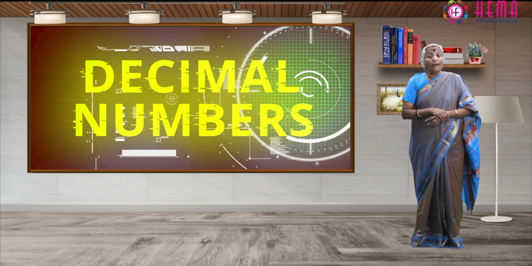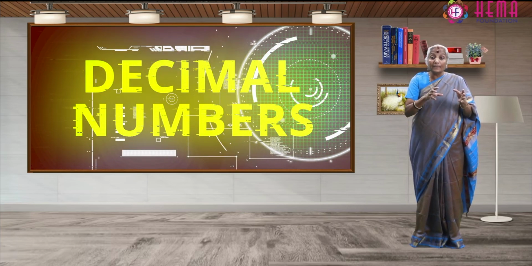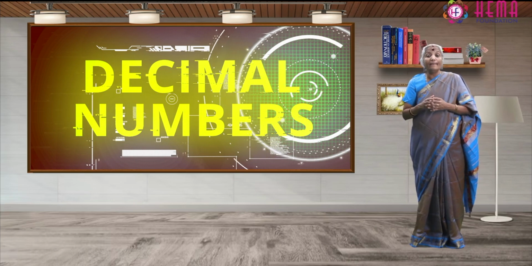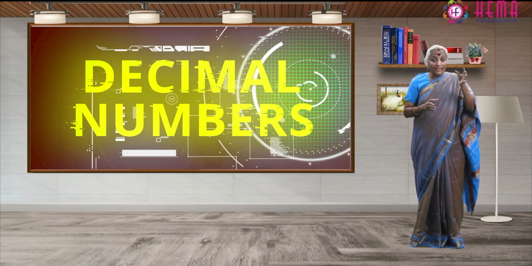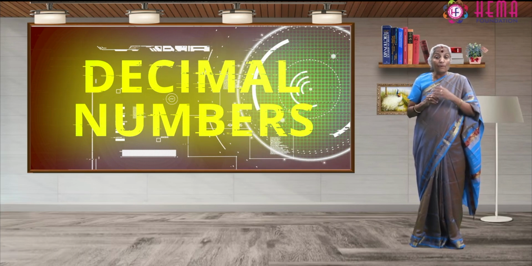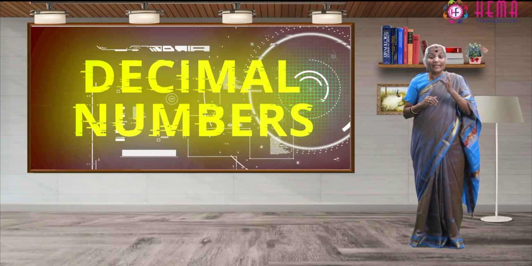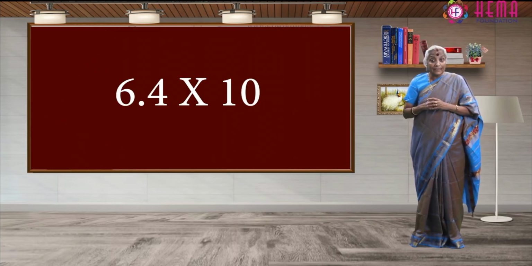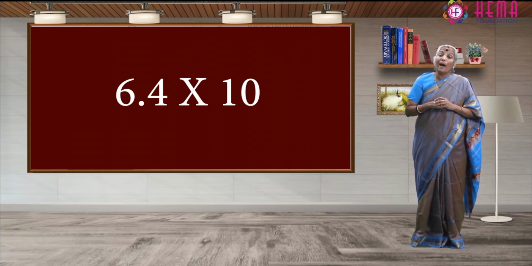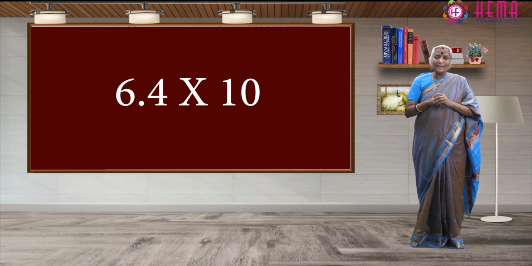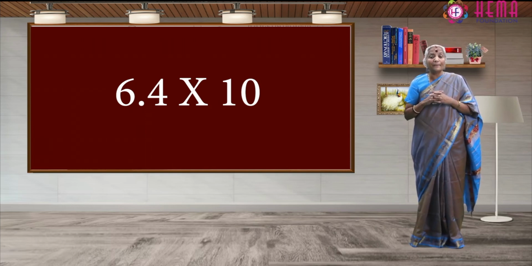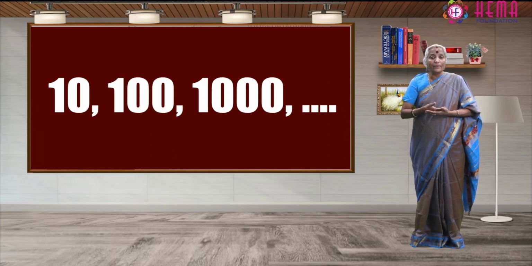Decimal numbers are used to represent numbers that are smaller than the unit 1. The decimal number system is also known as the base 10 system, since each place value is denoted by a power of 10. Decimals are the numerical representation of fractions, where the denominator is a power of 10, like 10, 100,